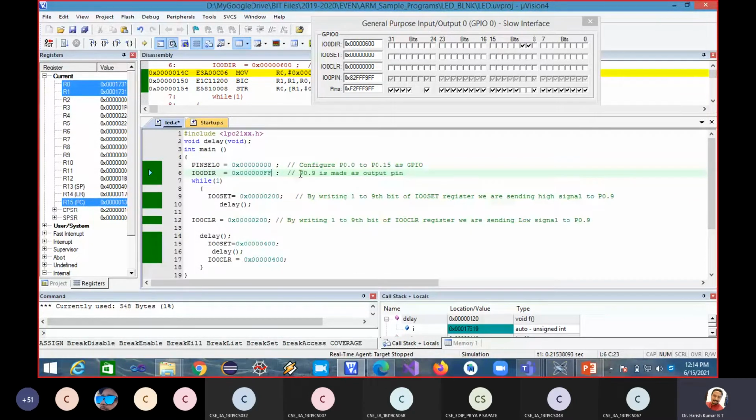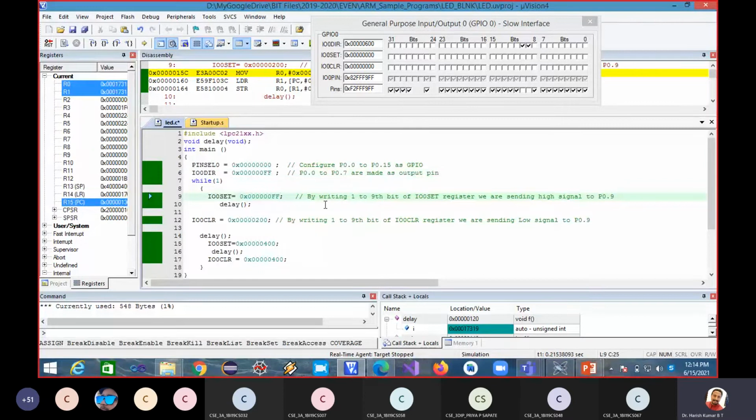So let me change the comment also. P0.0 to P0.7 are made as output pins.